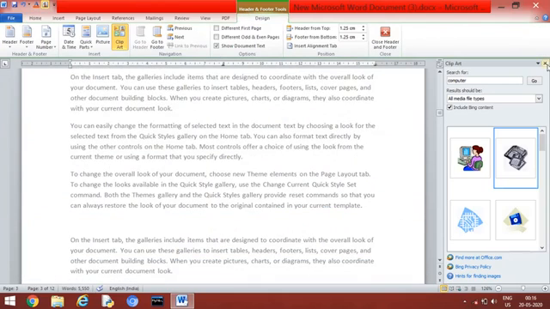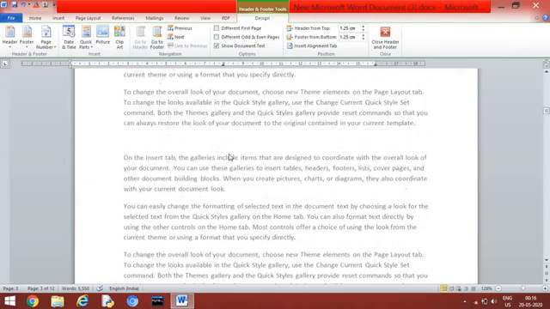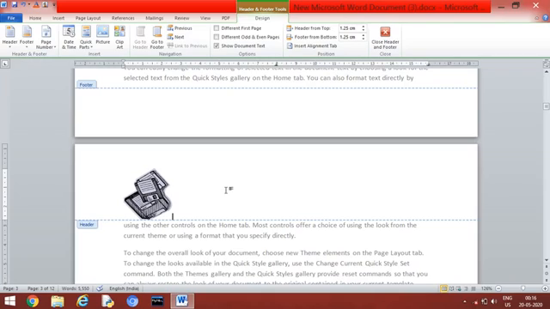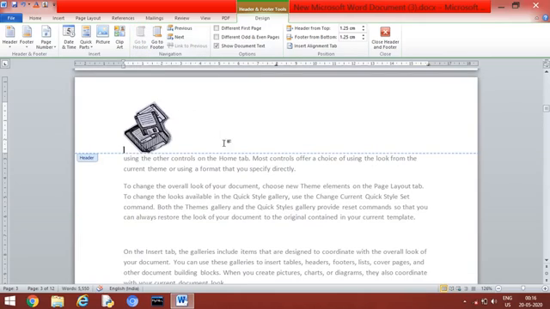Now coming to Go to Footer and Go to Header. Suppose you are making some edits in the header, and now you want to go to the footer. You just have to click Go to Footer and it will take you to the footer area. Now if you are editing something in the footer and you want to go to the header, you can just click Go to Header and it will take you to the header area. So that's how header and footer works.